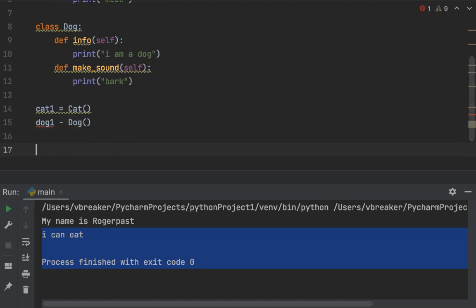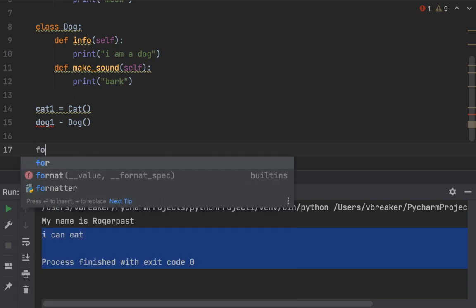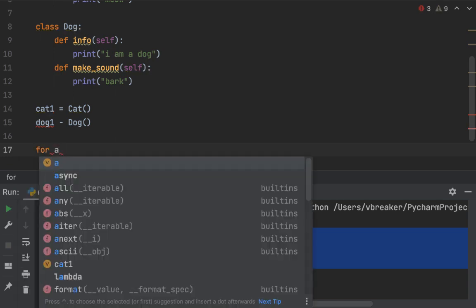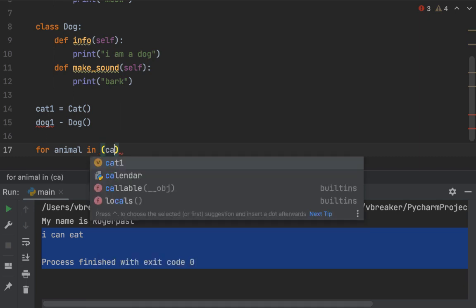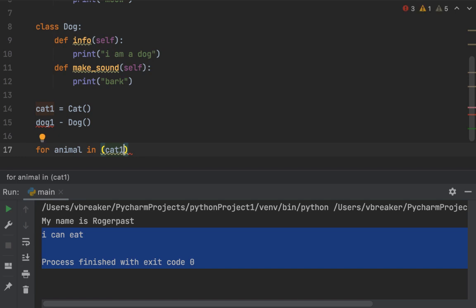Now because we have these two classes, we can create a for loop. So for animal in cat1, then dog1,